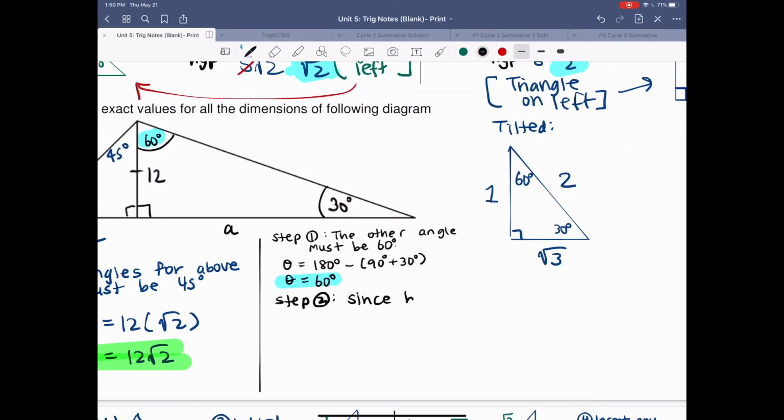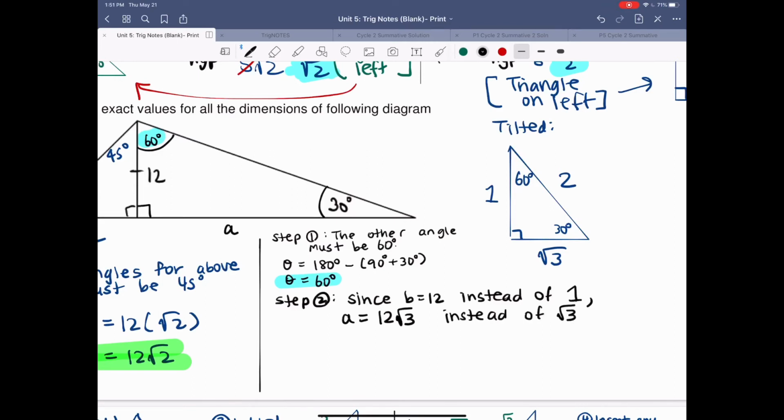And so when I look at this tilted model, I can better compare the two. Since b is equal to 12, instead of what value? Instead of 1. Then a must be equal to what? Well, basically my 1 became a 12, and so my square root 3 is going to become 12 times square root 3 instead